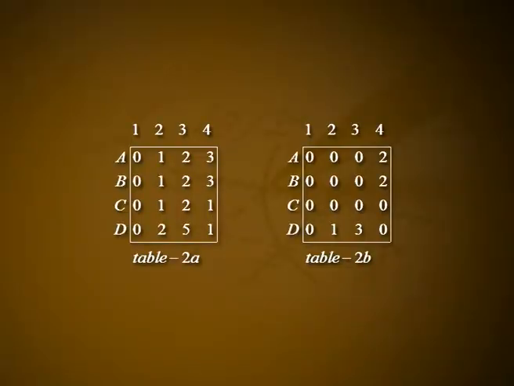Next, we test whether it is possible to make an assignment using the zeros of table 2B by the method described in steps 2 and 3. But here none of the rows or columns contain exactly one 0. So, steps 2 and 3 are ineffective. Really, this is a case of multiple solutions. Therefore, we follow the trial and error method.